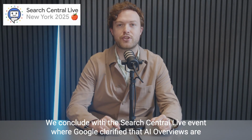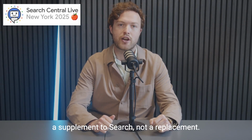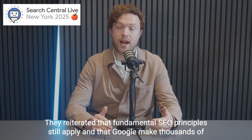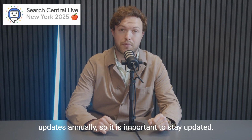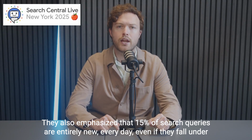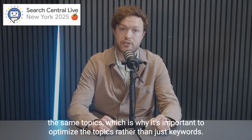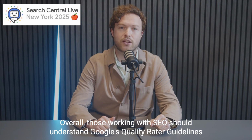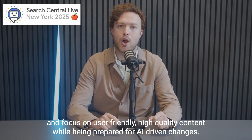We conclude with the Search Central Live event, where Google clarified that AI overviews are a supplement to search, not a replacement. They reiterated that fundamental SEO principles still apply and that Google makes thousands of updates annually, so it is important to stay updated. They also emphasized that 15% of search queries are entirely new every day, even if they fall under the same topics, which is why it's important to optimize for topics rather than just keywords. Overall, those working with SEO should understand Google's quality rater guidelines and focus on user-friendly, high-quality content while being prepared